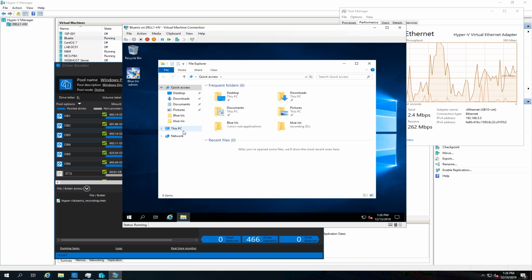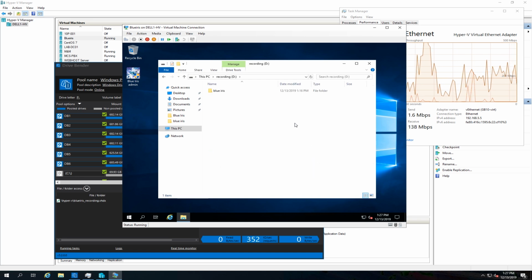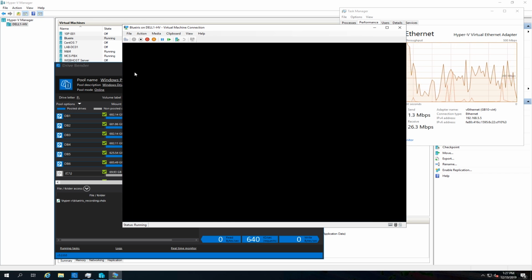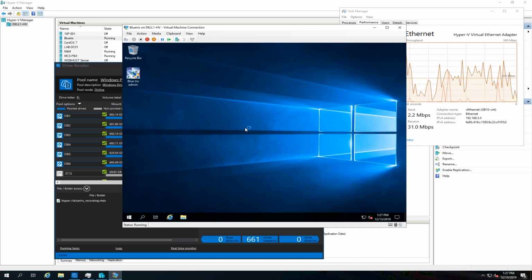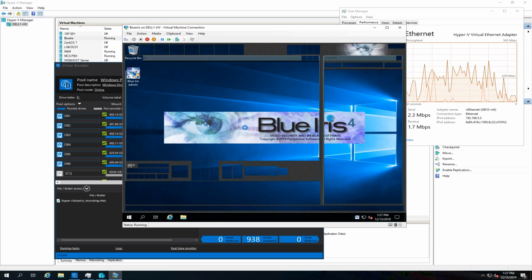Alright, so we've got the data moved now from the C drive. As you can see, we freed up quite a bit of space, and we've got it over on its own drive now under recording and Blue Iris. So the next thing we need to do is tell Blue Iris to change where it saves its recordings to the D drive, and then we need to enable it as a service so that in the event I reboot this server for whatever reason, it'll come back up on its own. So the first thing we need to do is go back into Blue Iris and set our recording directory, and then we can make the changes to the